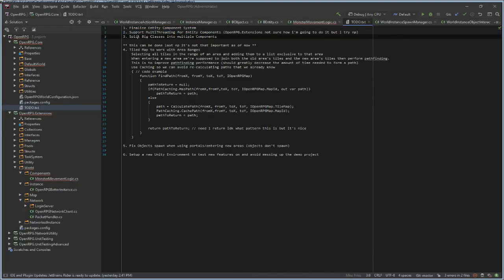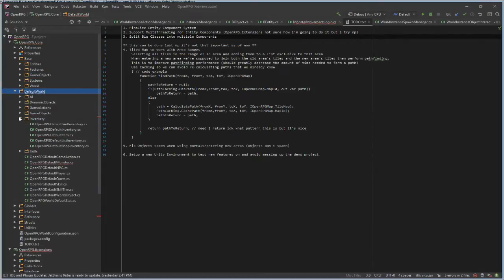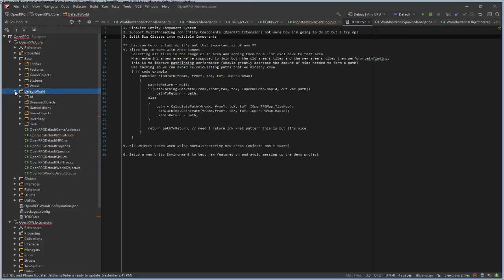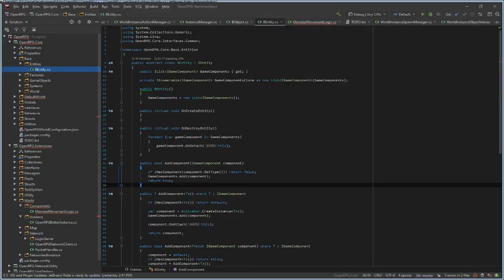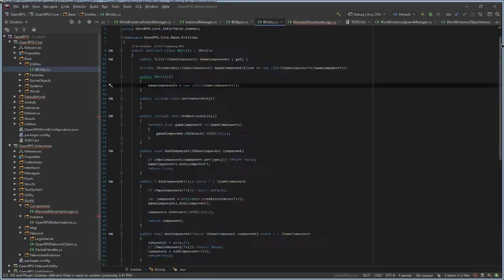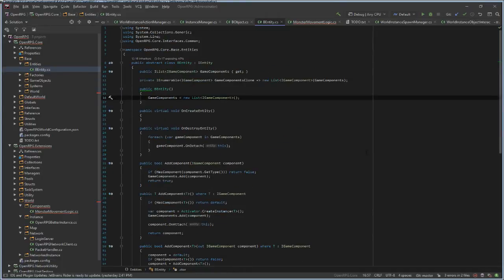So first I have to finalize the entity component system. I did the base entity last time. I haven't done anything other than what I did on the last live stream. So where is it? Yeah, there it is. Here is our entity. I'm not sure if I have to call on create entity here. Is it right? Sealed? No. Yeah, I don't do that here. Okay.